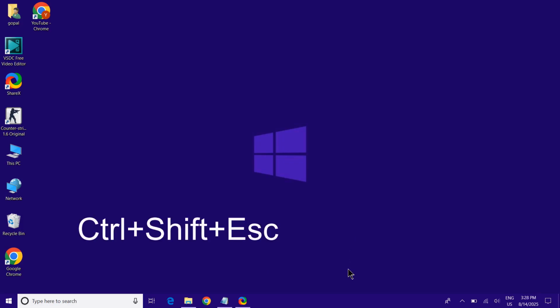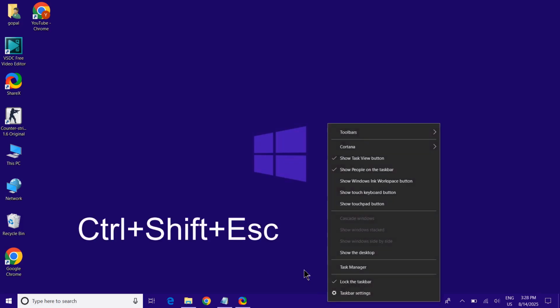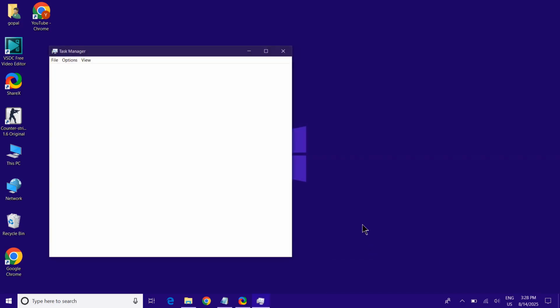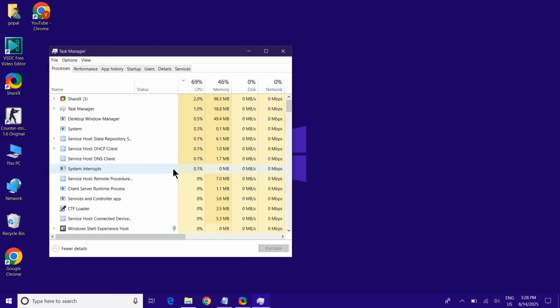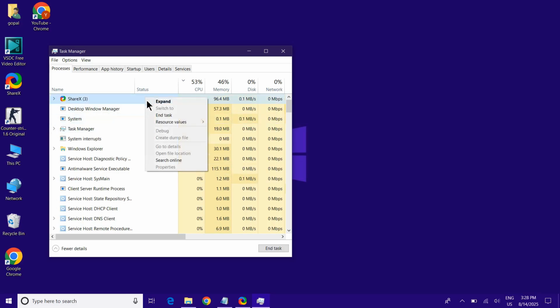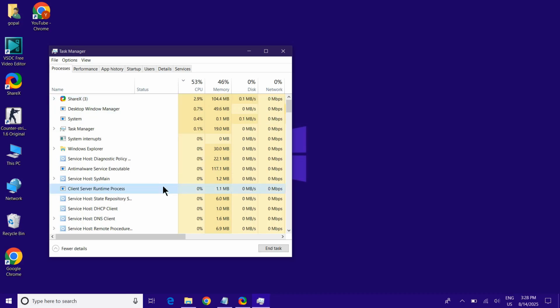Just drag your mouse to the taskbar, right click on it, and now click on the Task Manager option. And here you can check which software and apps use more CPU or more memory. Here you can see my ShareX app uses more memory and more CPU. Just right click this app and click on End task and check whether your screen freezing and stuck problem is